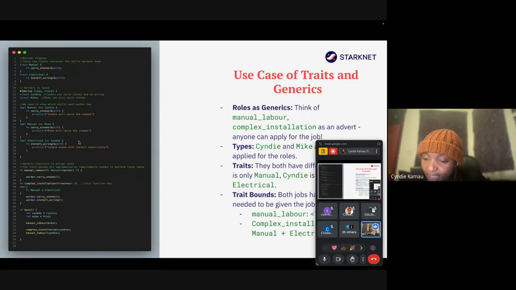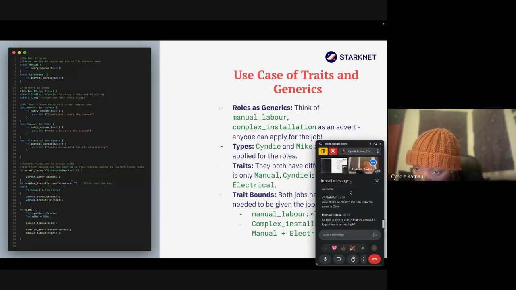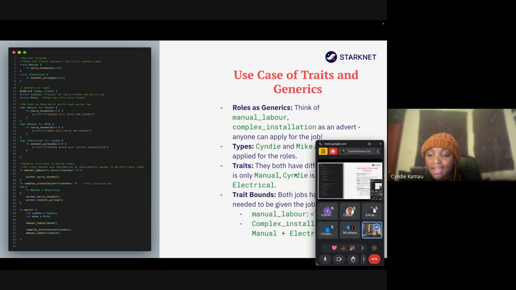So trait is akin to a function in that we can call it to perform a certain task. Yeah, I could say it's like a function, right? That you're calling to perform a specific task. It's just that you're using another keyword.